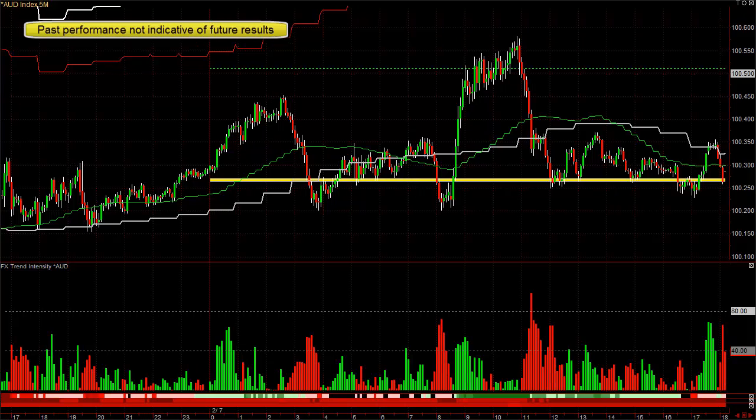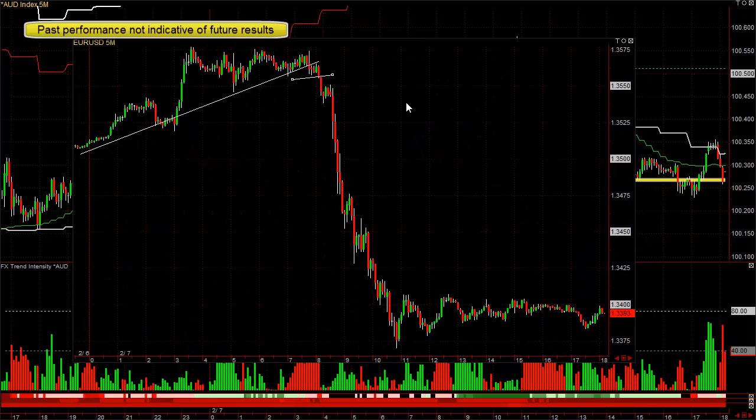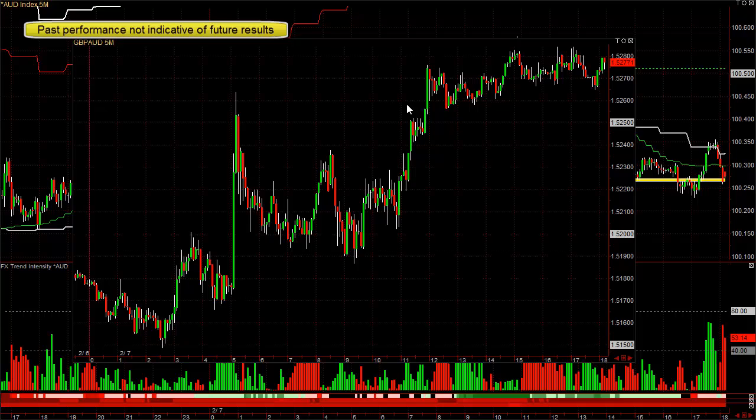Remember, you don't have to always have one currency exploding up and one going down to make 30 to 50 pips. One currency exploding with another currency showing no buying or selling can still give you a tremendous move. So here's the pound Australian, and remember, 5 a.m. is what we're